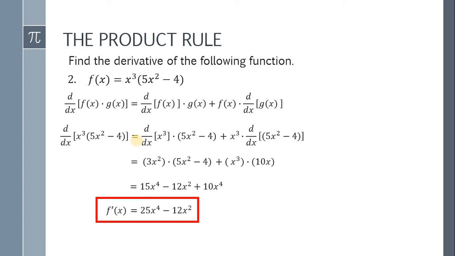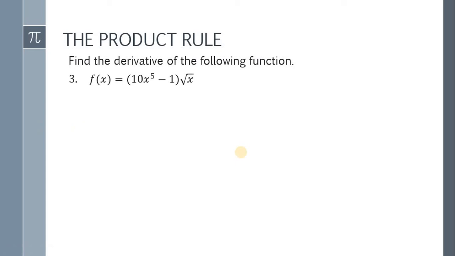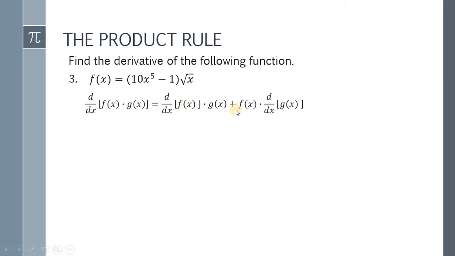Now, let's have the solution for number 3. Applying the product rule, we have the derivative of the first times the second plus the first times the derivative of the second. Set up natin yung ating equation. And also, yung square root of x, tandaan natin na ito ay x raised to 1/2. Okay? So, we have the derivative of 10x raised to the 5th power minus 1 times x raised to 1/2,